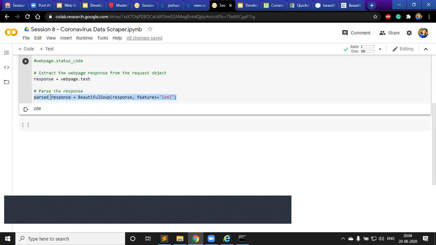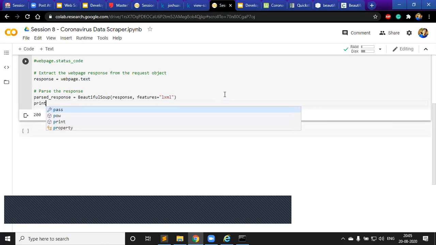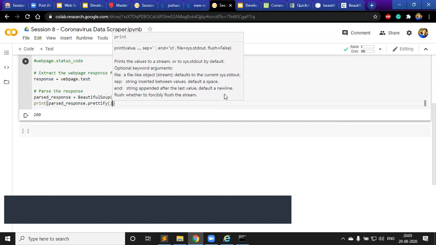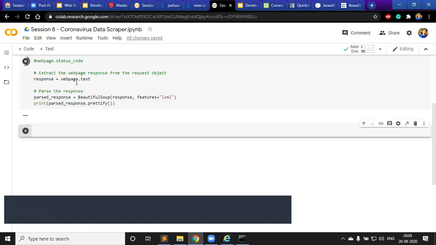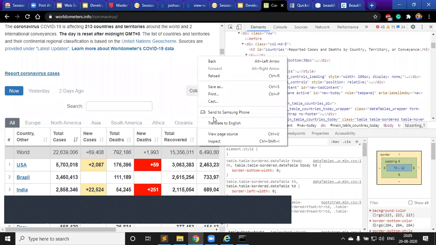So now this parse response object can be searched, right? So let me just try and see what parse response looks like. Or let's say I print it. Print parse response dot prettify, right? Prettify is one of the functions that is available to this object in the BeautifulSoup class. So if I just print it, I can see that the response that was sent, this exact same thing, right? If I just do page source, I could see that this thing,